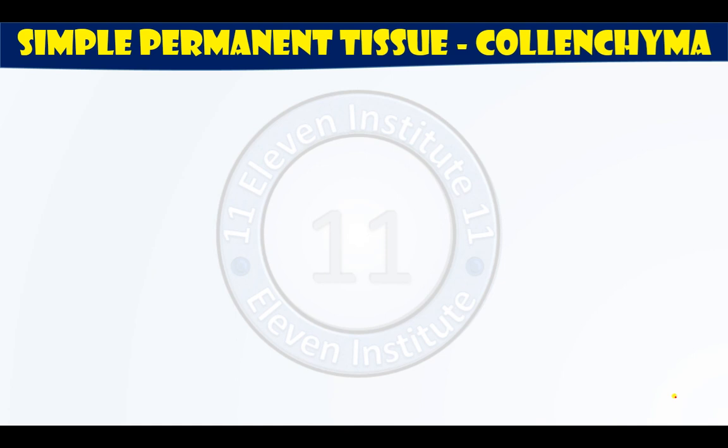and now we will see the next simple permanent tissue, collenchyma. Right? See, just associate these two things. Just link these two things. Collenchyma, flexibility of plants. These two things are almost synonymous. We can easily bend the parts of plants. We can easily twist them. We can do all these things due to presence of this tissue collenchyma.